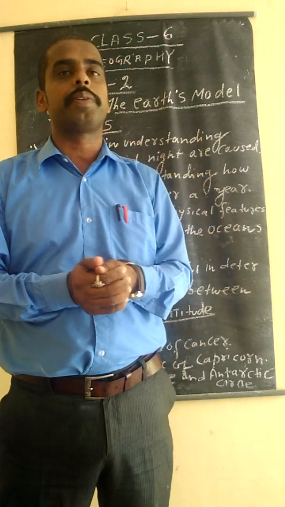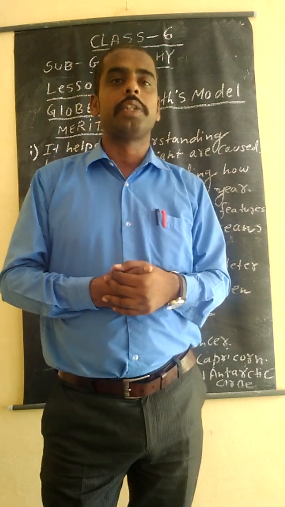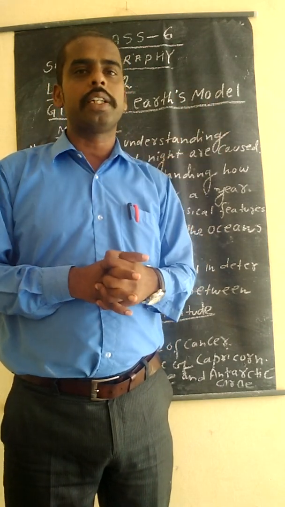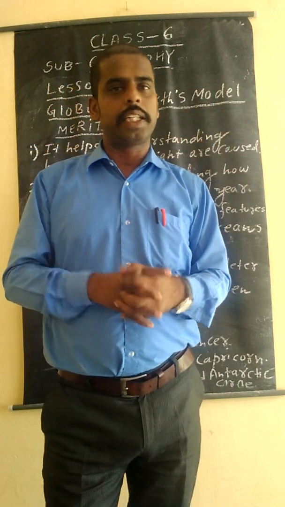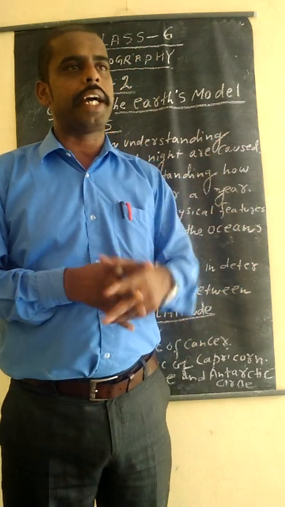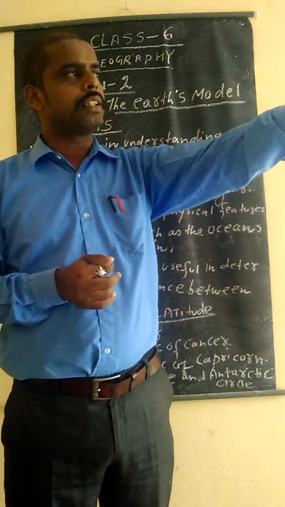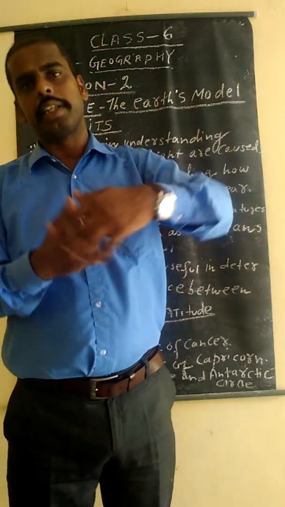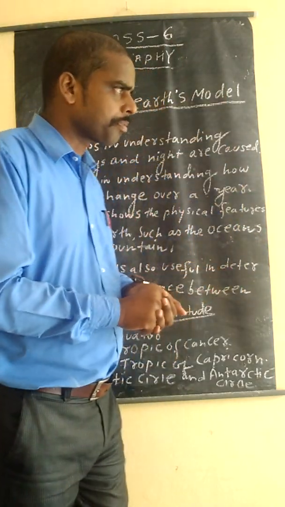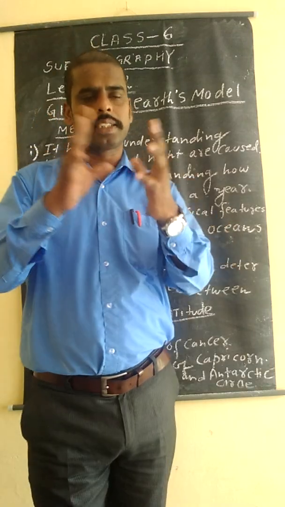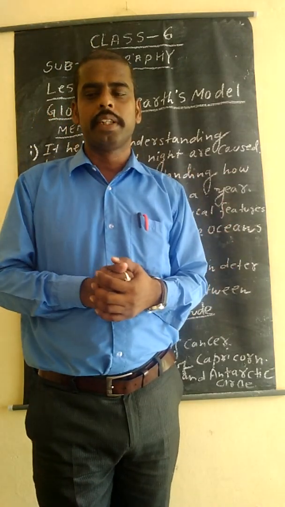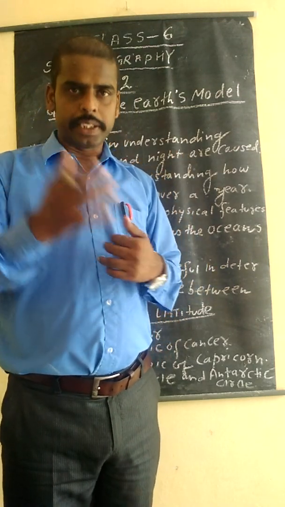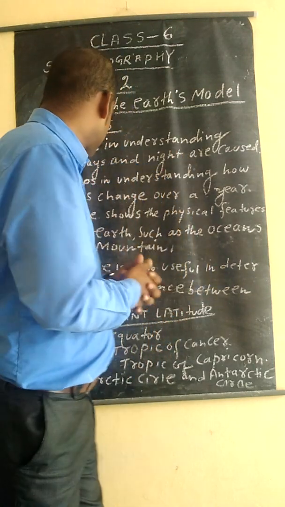Suppose if you want to ask where is your staff room, you say next to class 6 there is a staff room. It's not absolute, it is a relative location. Absolute location gives you an idea where is class 6. Go straight, there is class 6. This is the idea given by you. This is absolute location and relative location. And the earth's surface temperature also changes day by day, and this temperature change day by day gives a pleasant idea about the atmosphere.